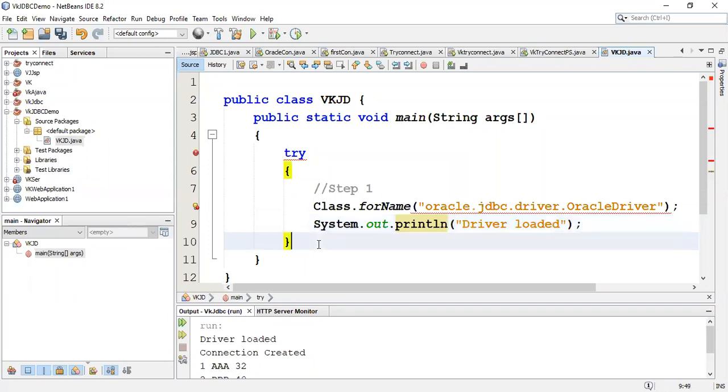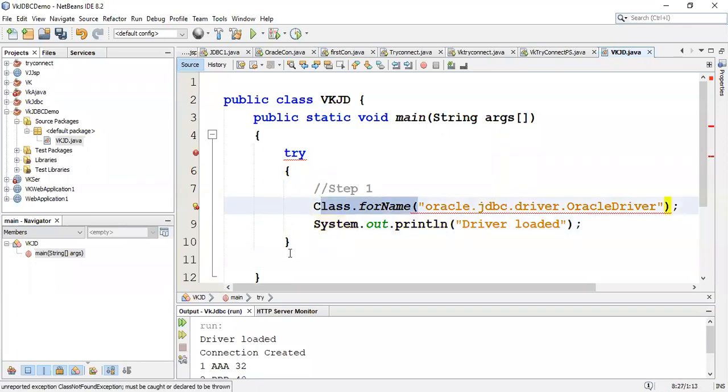Okay, so this is there. When the try block, or you can say this step, is successful, this will get displayed. If there is an exception in this line, the line below will not get displayed. The control, if there is any error in the loading of the drivers, will take me to the catch